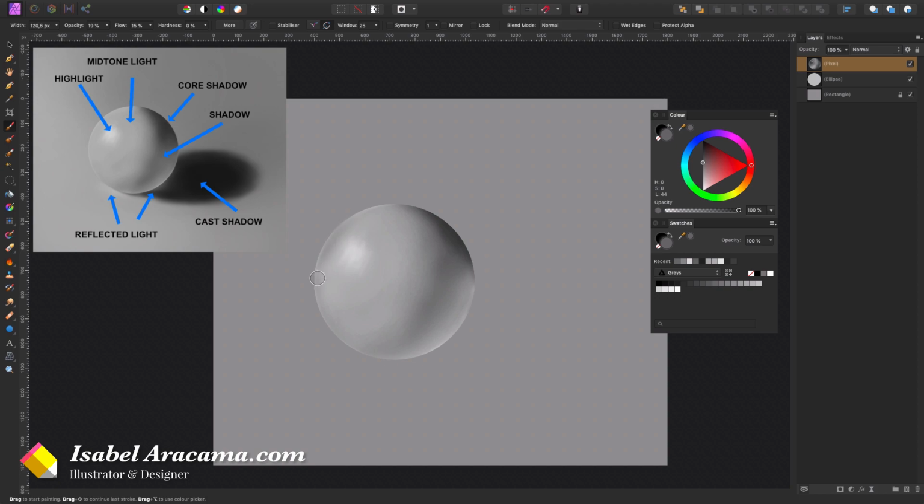I think that was too much, so I'm gonna cover it a bit, but carefully because you want it to follow the gradients. Okay. That will be looking better later on when we work on the edges. Now a little bit of reflected light also in the base, and maybe even also here getting a bit into the shadow there.